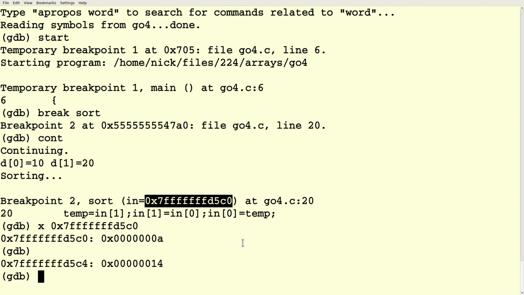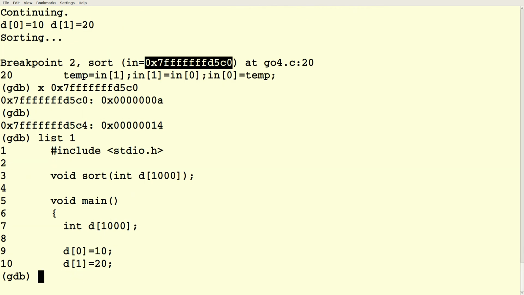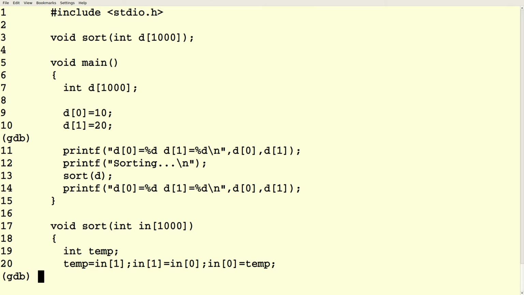So when we say sort parentheses D, it passes the address of D, which we call by reference, but technically it's by value.